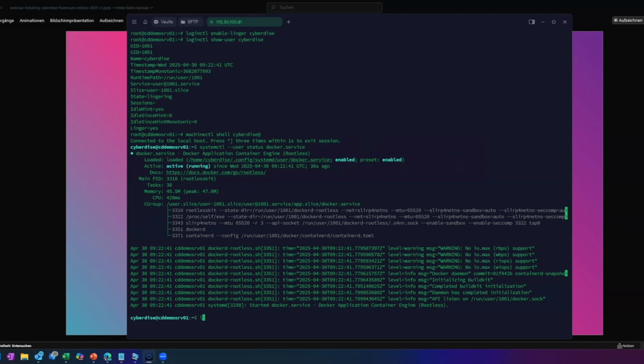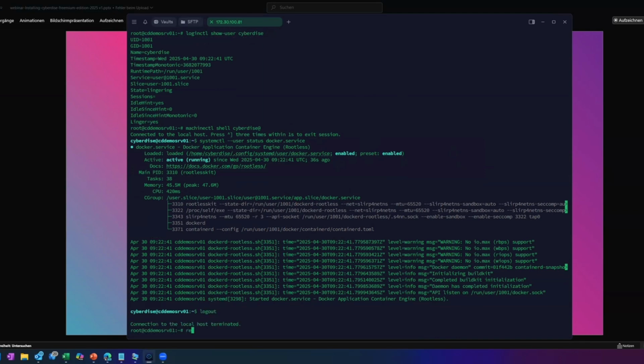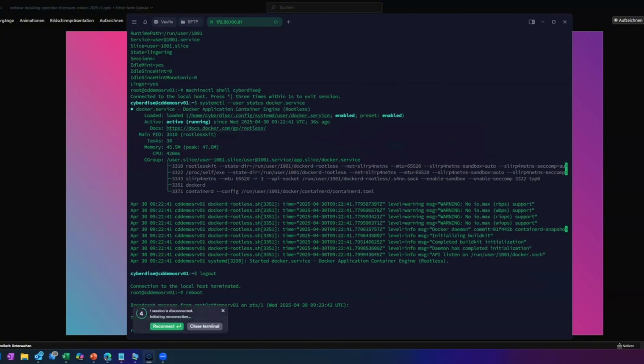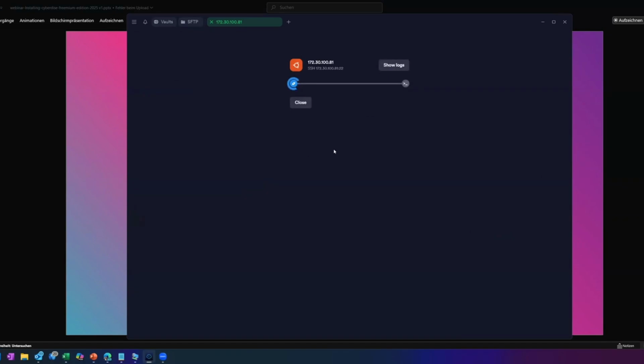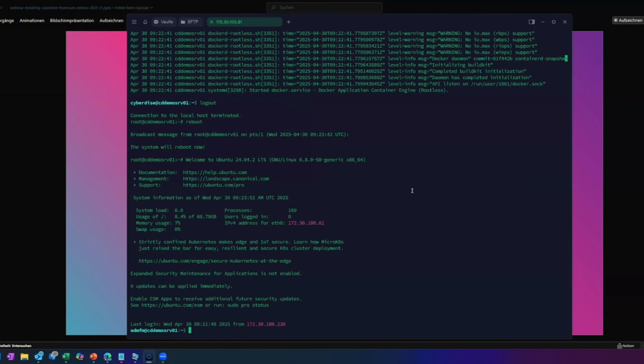For that, I shortly log out and reboot the system. It just takes a few seconds, and after that it will start again. So here we are again. Perfect. Right now we are in the system again. I will log on as root,